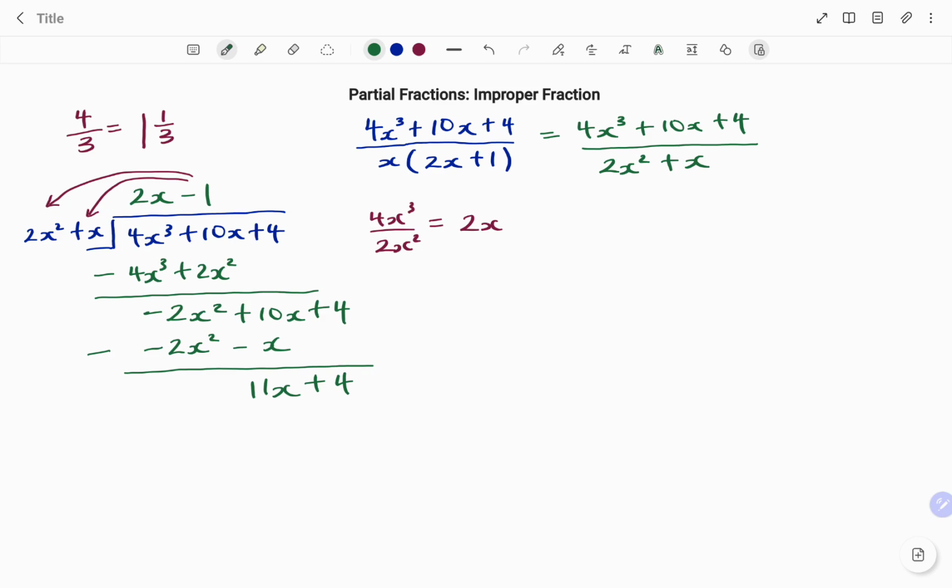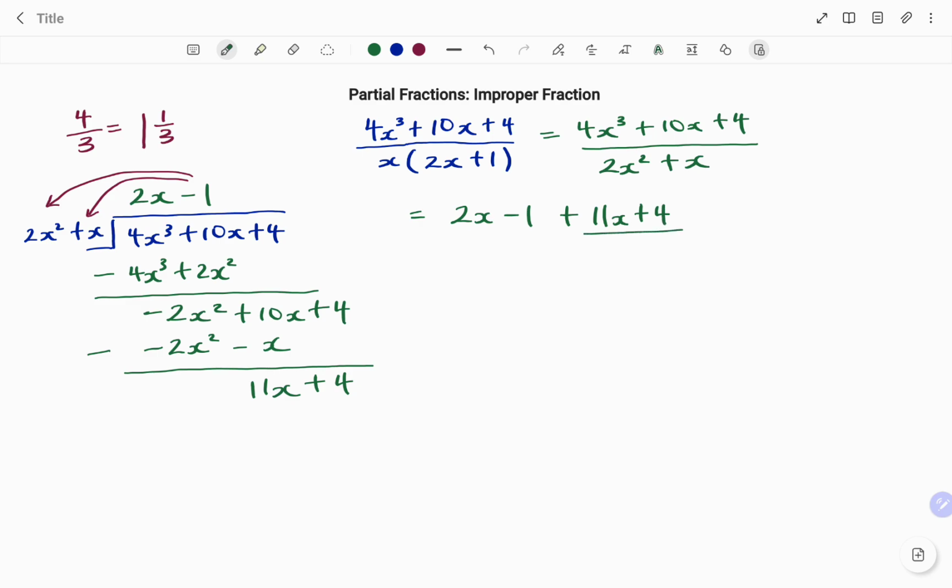Now, if you look at what I have left, I can't divide 11x by 2x squared because that degree is 1 and what I'm dividing with has a degree of 2. So what happens is the whole number will now be my 2x minus 1, plus a remainder of 11x plus 4